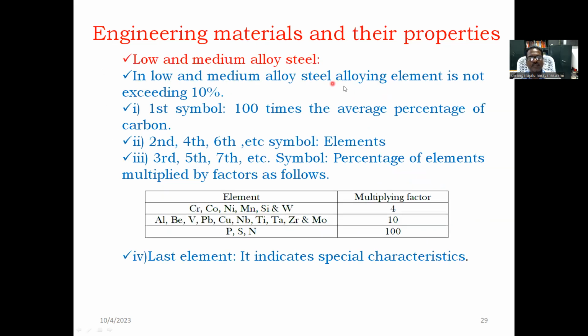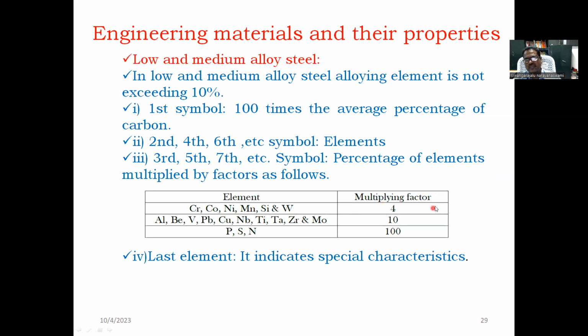So, low and medium alloy steel. In low and medium alloy steel, the alloying elements do not exceed 10%. The first symbol is 100 times the average percentage of carbon. The second, fourth, sixth, etc. symbols are elements. The third, fifth, seventh, etc. symbols are the percentage of elements multiplied by factors as follows: